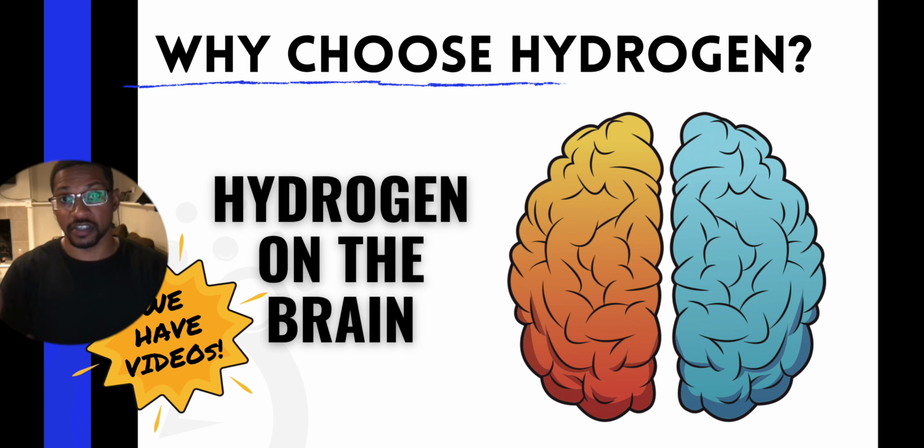So we did this brain series, and we're probably going to continue the series talking about how hydrogen can benefit different organs in our bodies. We'll probably do the main 7 organs, the big ones. But when I was doing this, I had so much information that I thought we were going to make one video as long as this video or longer. So we ended up breaking it up into 4 videos. This is our series for hydrogen on the brain.